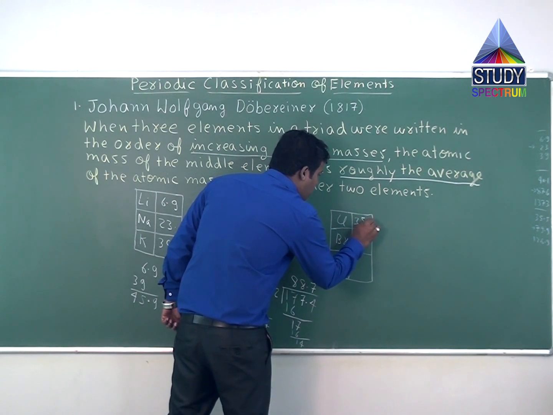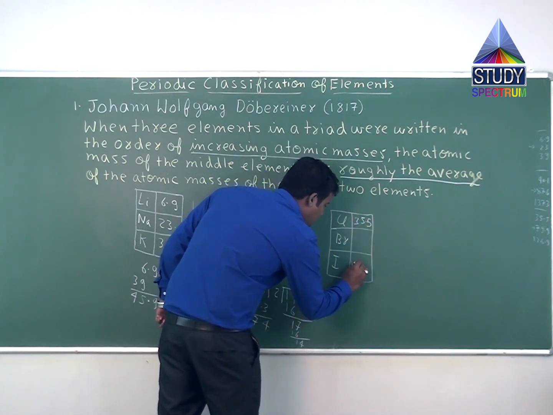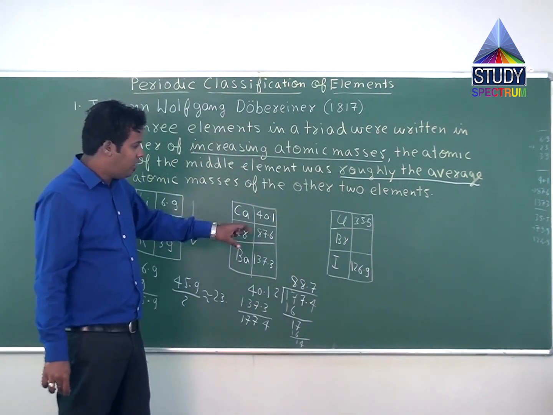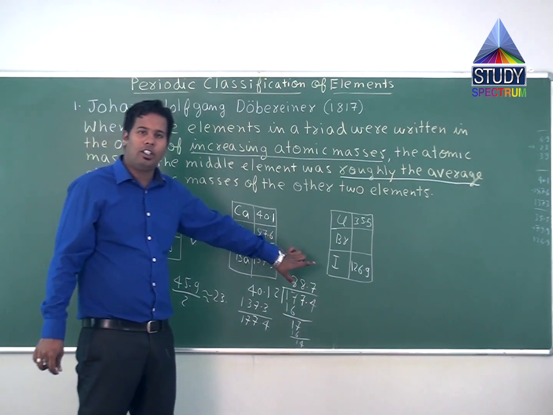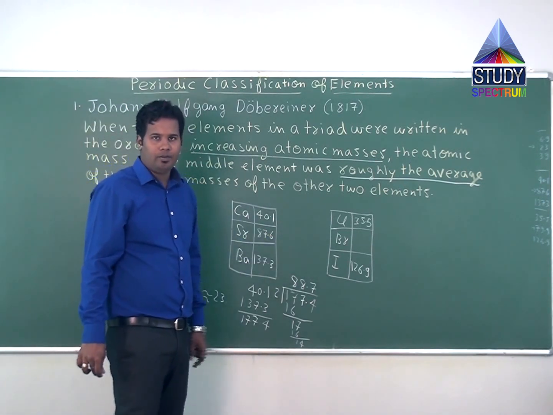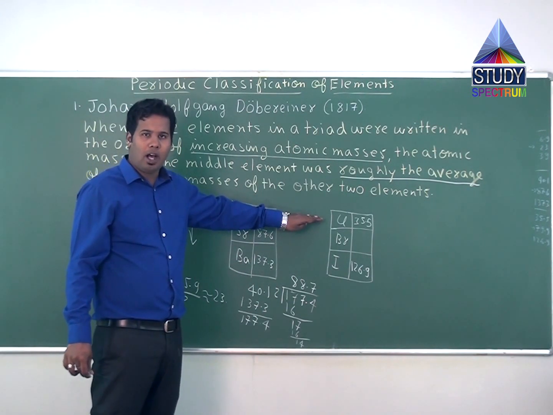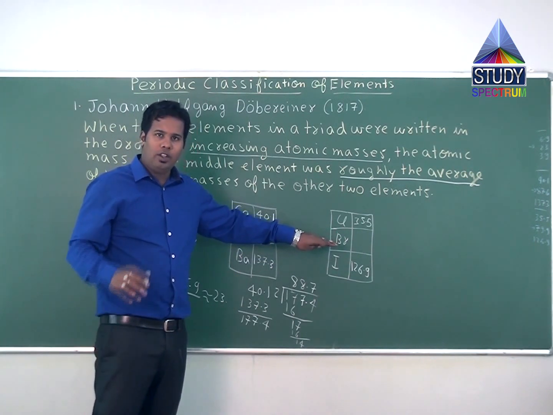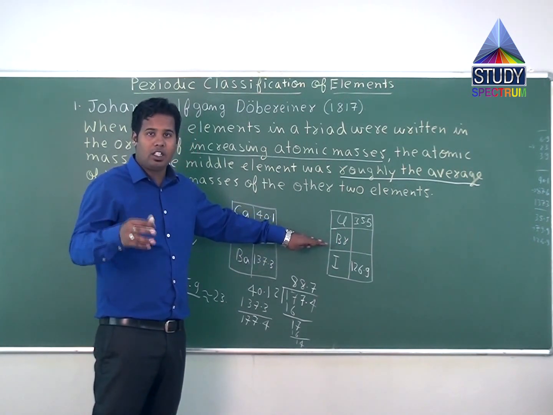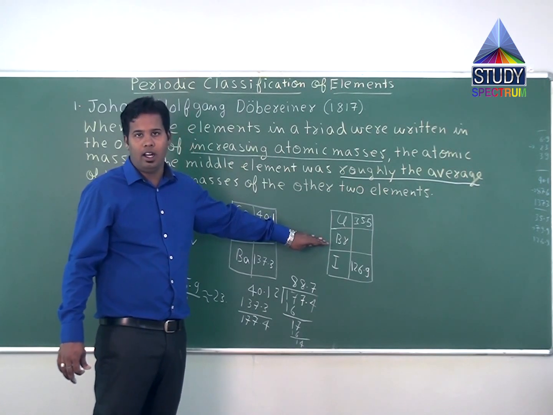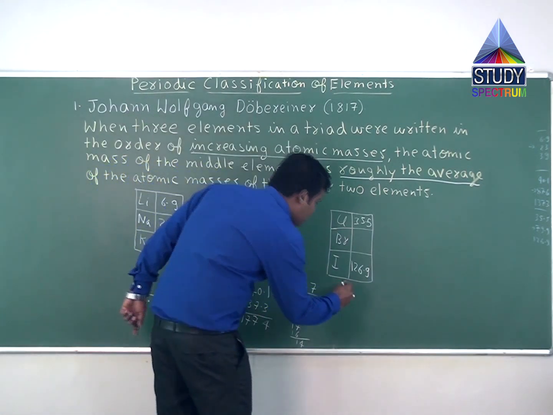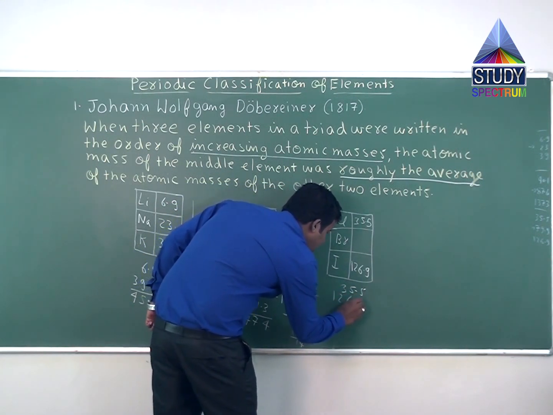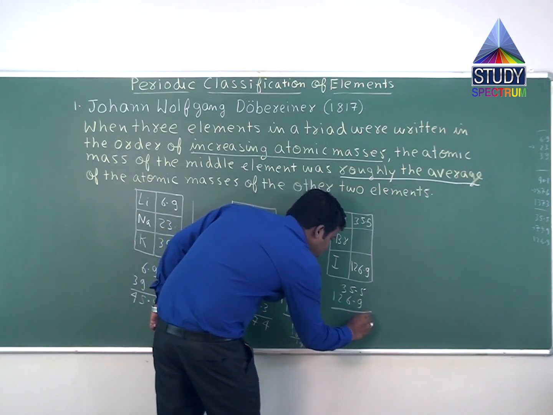Now the atomic mass of chlorine is 35.5 and atomic mass of iodine is 126.9. Now let us see whether this statement is true for this third triad of Dobereiner or not. He said if you add the atomic mass of the first and the third element of a triad, the value which comes out to be after dividing by 2, the average value, should be the atomic mass of the middle element. So if we add the two numbers 35.5 and 126.9, it turns out to be